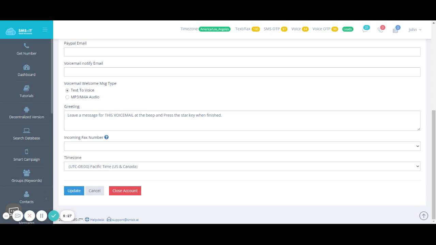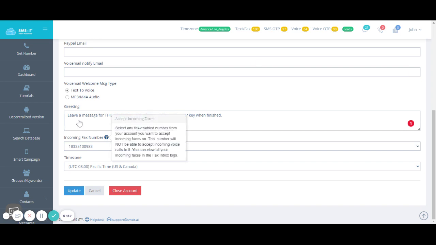If I wanted a voicemail, so that whoever calls me hears the voicemail, I could put a message right here. And here is my incoming fax number if I wanted to receive faxes. I could put my fax number right here. If I wanted to choose a number to receive faxes, I'm just going to choose any number that I have, because I actually have two. I could choose this one, and if I click on update, it becomes my fax number,